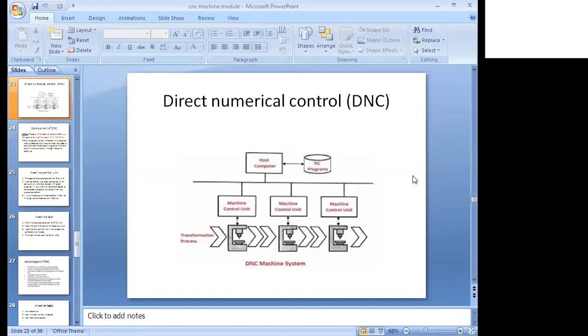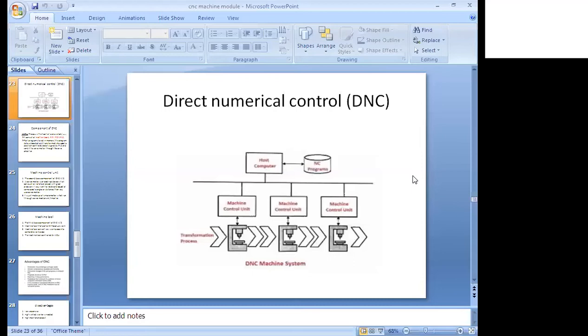Because of that, through continuous effort, whatever problems we were facing in the lathe machine and the NTM machine, a solution came up in 1960: the CNC machine. After that, in 1970 or 1980, we modified and improved again, because I needed to produce more products. So a new machine came, the direct numerical control.